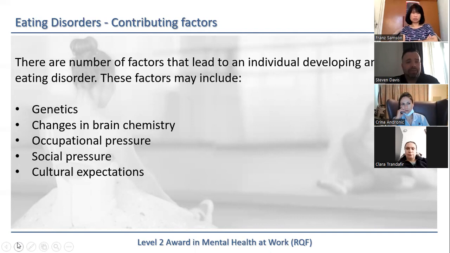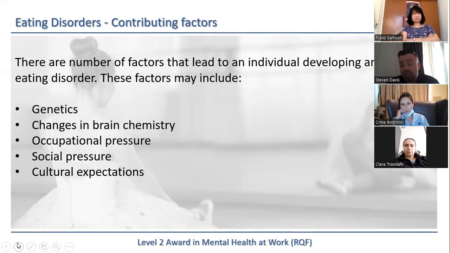So common contributing factors, obviously for eating disorders, genetics, changes to the brain chemistry. So again, a lot of the eating disorders are in the younger generation. The youngest person that I've dealt with was 14. There are younger than that, but very, very uncommon in young children. Normally 14 up to about 24. So when we think about that, that's a lot of puberty and hormone changing going on there as well, isn't it? It's a lot about body identifying and stuff there.